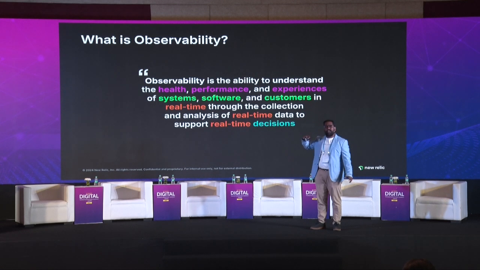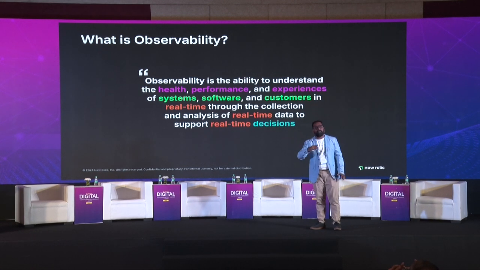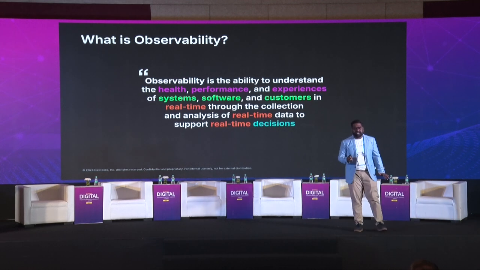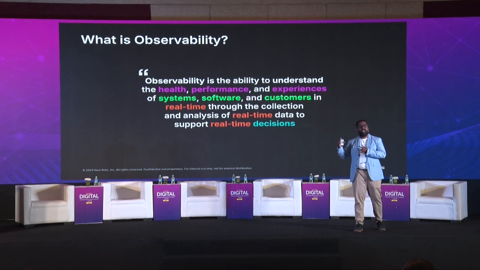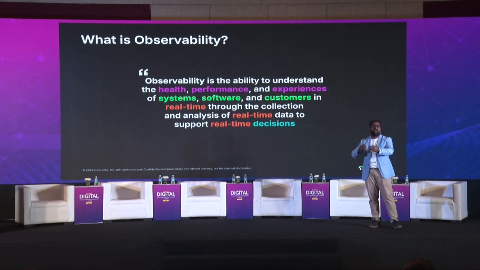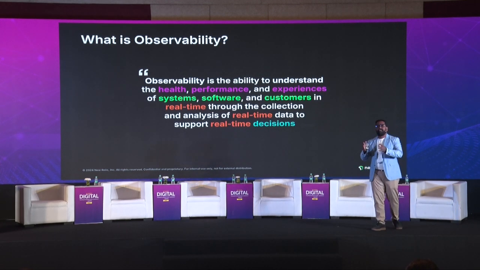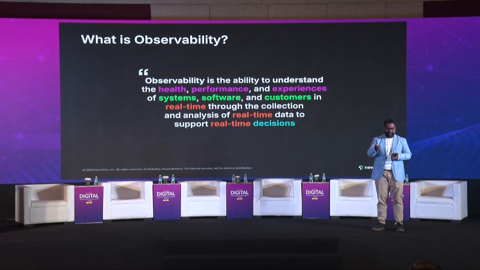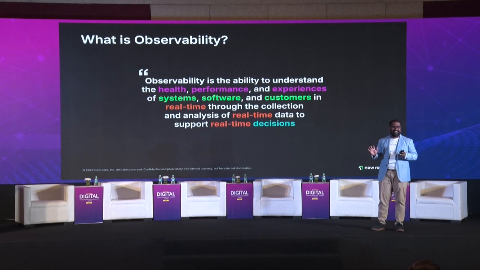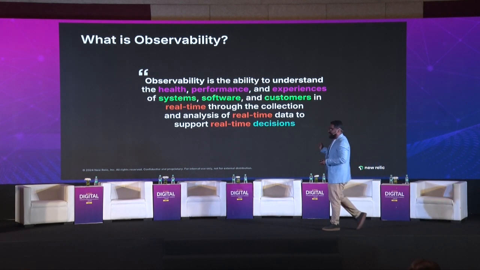Now, you may ask, there are a lot of analytics tools available in the market today, right? How is observability different from those analytic tools? Well, the answer is, those analytic tools are like systems of record, like a database, right? Whereas an observability platform like New Relic is a system of engagement. You engage with the platform in real time, right? If I have to give a very simple example, imagine fishing in a pond versus fishing in a river. Do you think there is a difference? Yeah? So that's what system of engagement means.